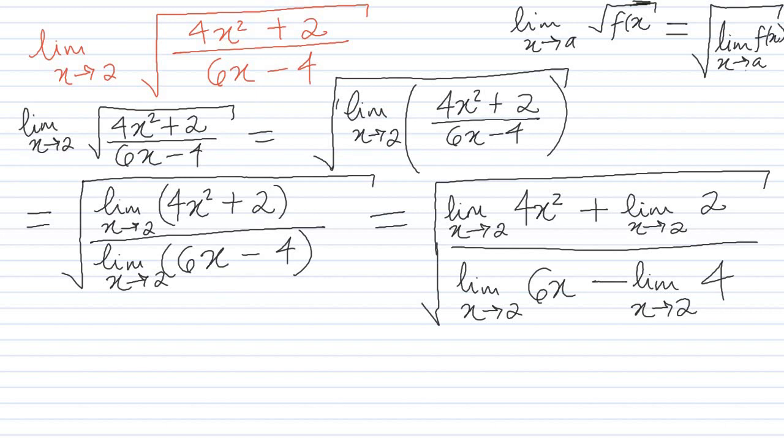So we end up with this here. So the limit of this, that would be 4, square root here, 4 times the limit as x goes to 2 of x squared,